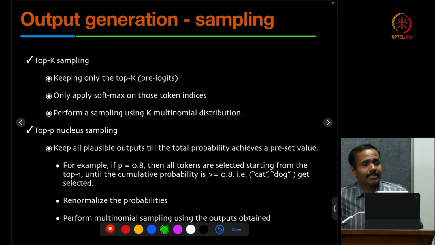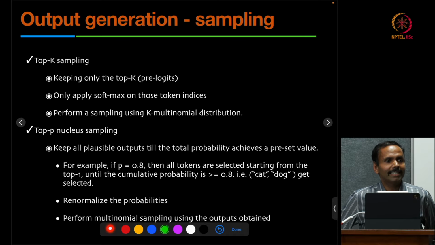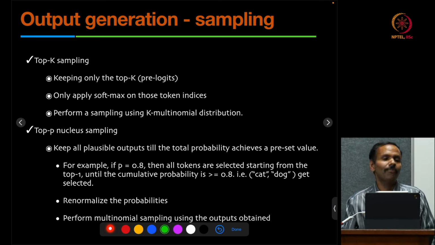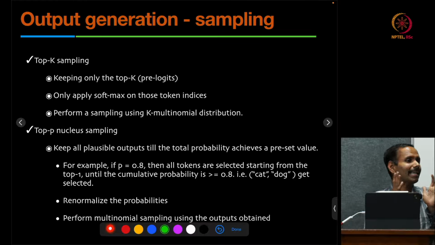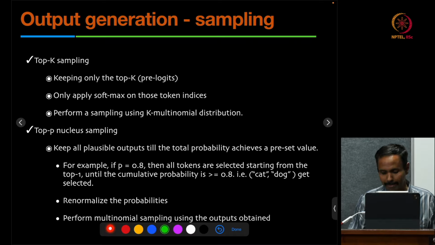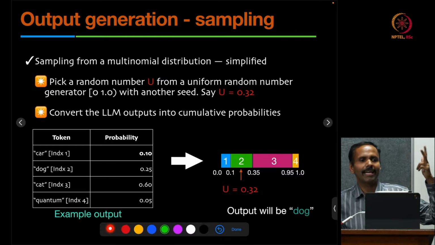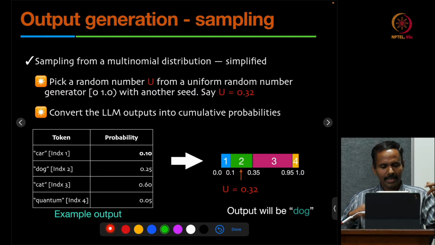So now, if I know that I can do it with a seed, I can do more things around it. I can do a lot more operations on the output array itself to feed it into this sampling process. For example, you say that I want to keep the top k. Top k means maybe I will say top 2. So in the previous example that you saw, top 2 would mean that I only keep cat and dog. Now what happens? My 0.6 and 0.25 have to get